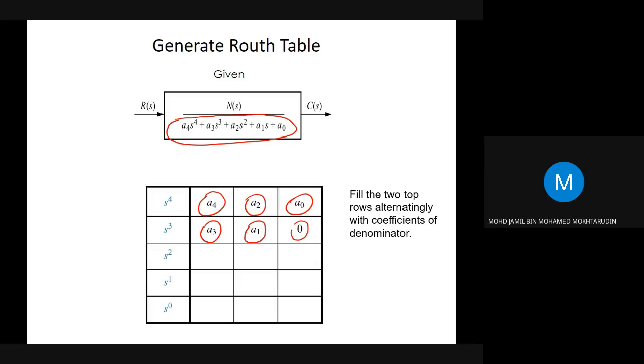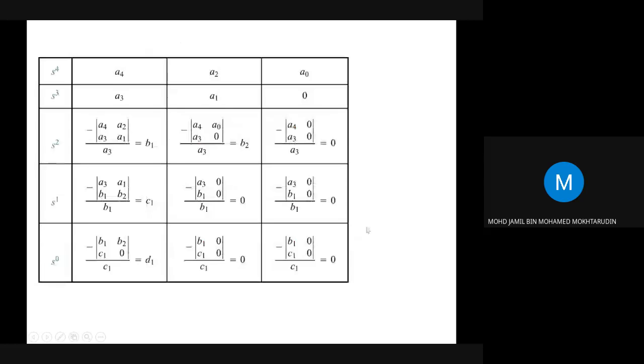So you need to fill the 2 top rows first, okay? Penuhkan 2 row yang pertama alternatingly with coefficients of the denominator. So start with A4, A3, A2, A1, A0, and if you have more spaces or more empty boxes, then you put 0, okay? And then to determine the